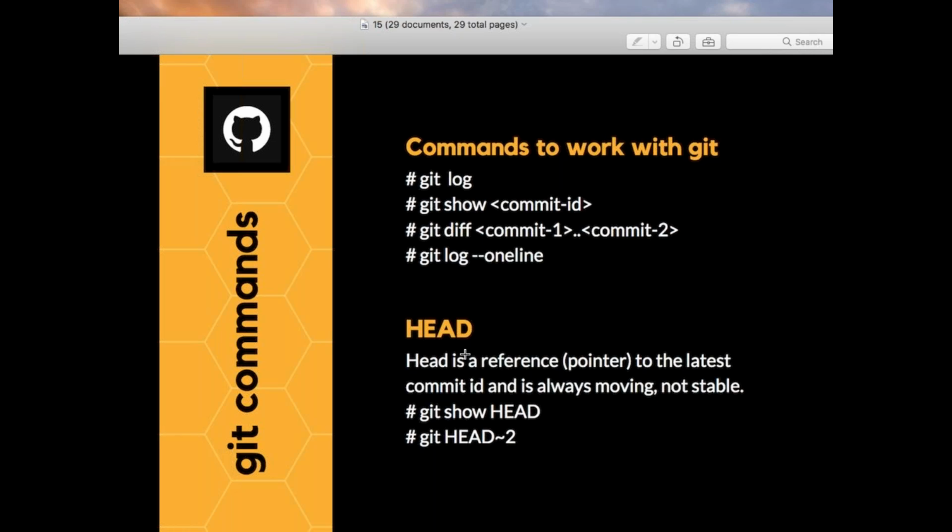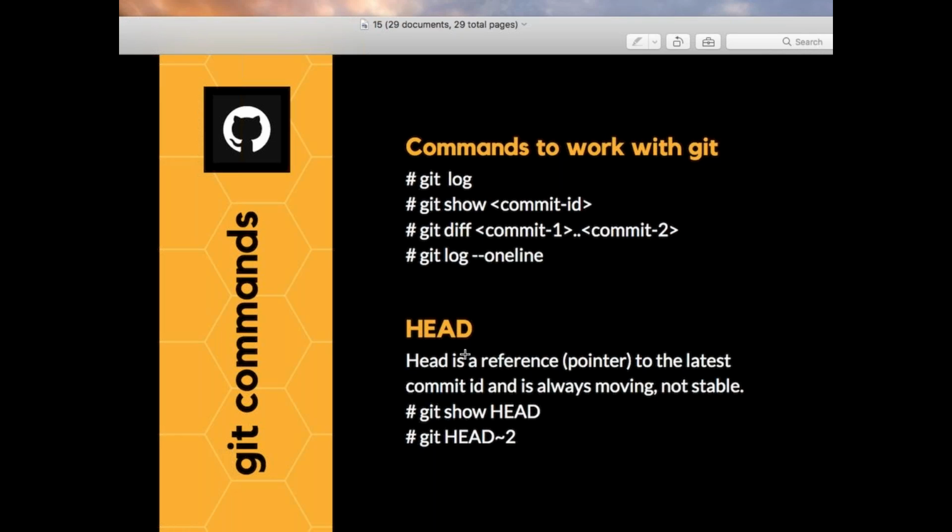So HEAD means the latest commit, and which is also always moving.